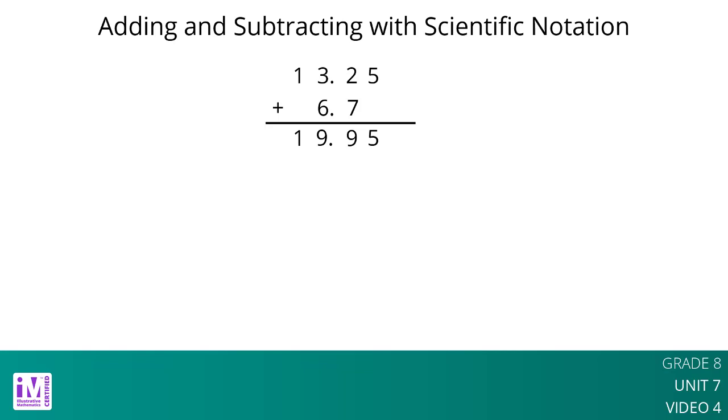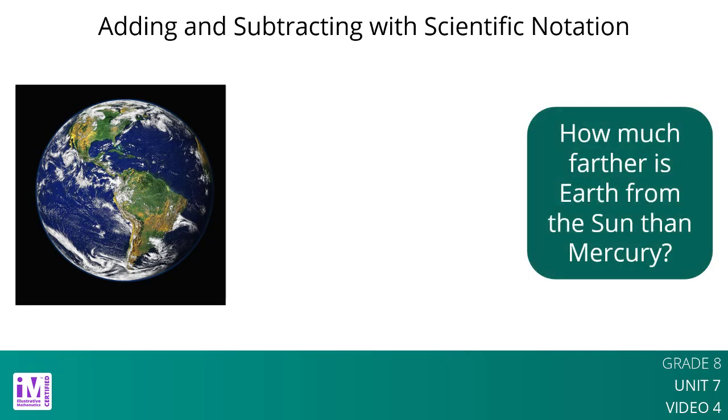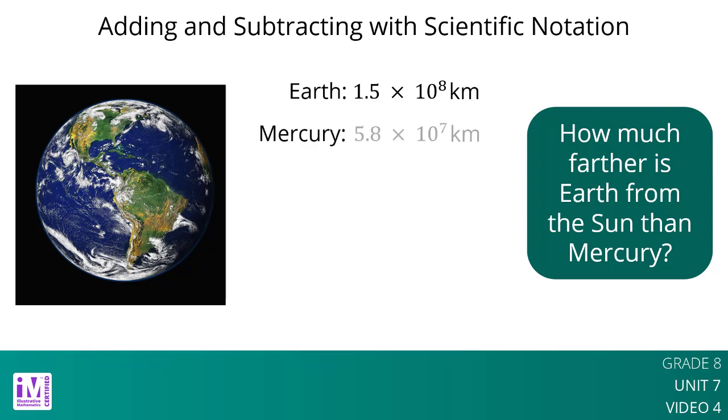For example, suppose we want to find how much farther Earth is from the Sun than Mercury. Earth is about 1.5 times 10 to the 8th kilometers from the Sun, while Mercury is about 5.8 times 10 to the 7th kilometers. In order to find 1.5 times 10 to the 8th minus 5.8 times 10 to the 7th, we can rewrite this as 1.5 times 10 to the 8th minus 0.58 times 10 to the 8th. Now that both numbers are written in terms of 10 to the 8th power,